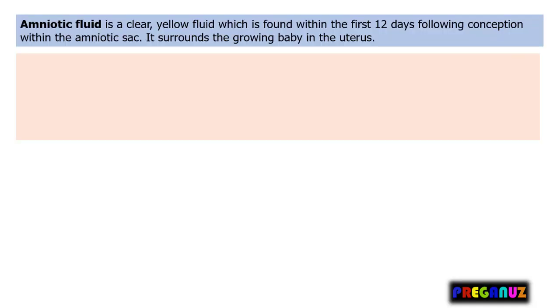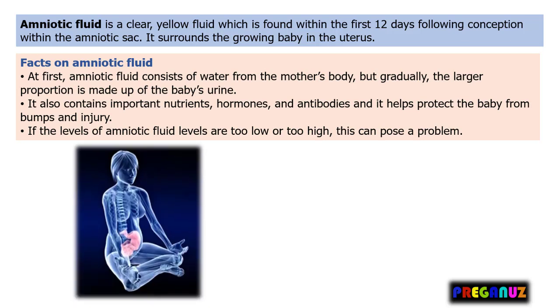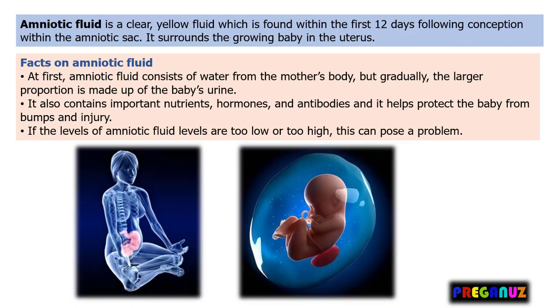Amniotic fluid is basically a clear yellow fluid which is found within the first 12 days following conception within the amniotic sac. It surrounds the growing baby in the uterus. There are certain basic facts that everybody should understand. At first, amniotic fluid consists of water from the mother's body, but gradually the larger portion is made up of baby's urine. It also contains important nutrients, hormones, and antibodies, and this also helps to protect the baby from bumps